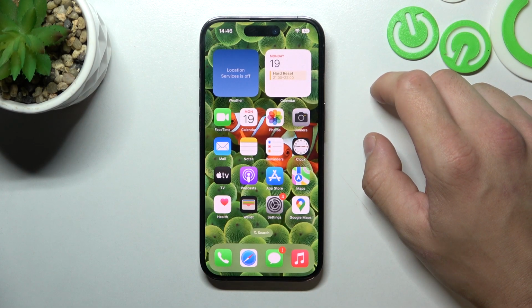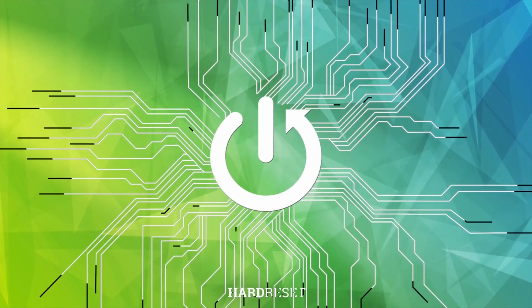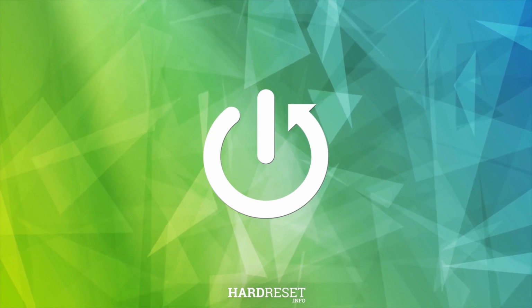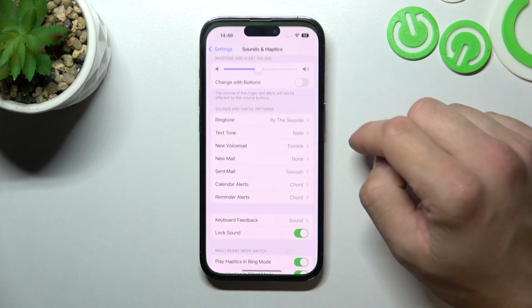Hello, in front of me I've got iPhone 14 Pro. In this video I'll show you how to set custom notification sound. In the beginning, let's go to settings,